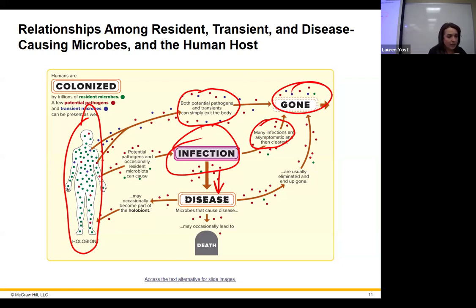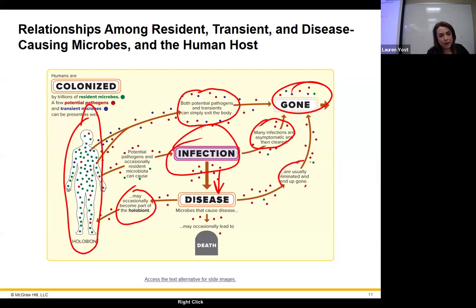Let's say you got disease. Let's say that E. coli caused your urinary tract infection. Yeah, so it could be, not in that particular case, but in other cases, could become part of your biome if it wasn't already. Maybe it was something that you were exposed to new. Maybe it was something already in your biome. Maybe it's moved to another area and now we have it there as part of it because you got exposed to it new. Just depends on the situation, right? It can become part of your biome.